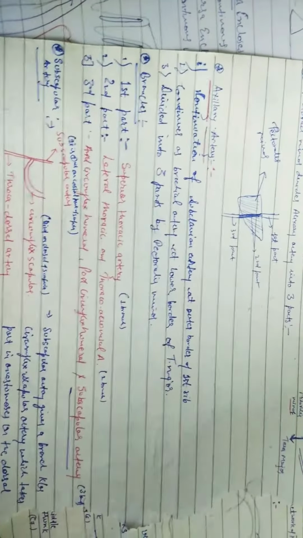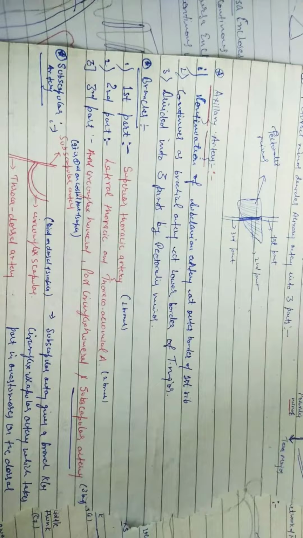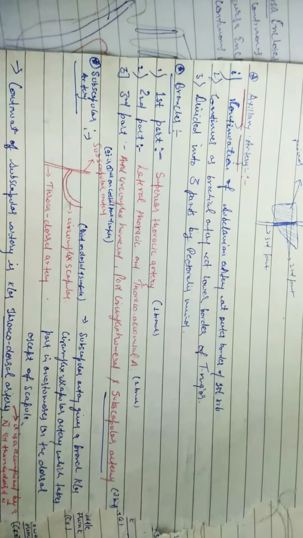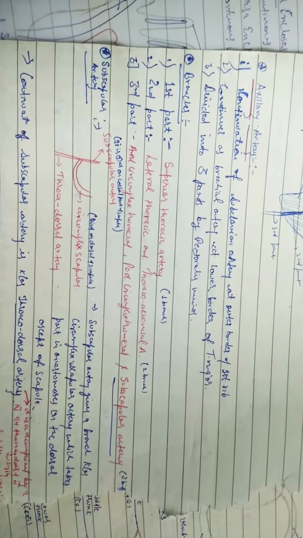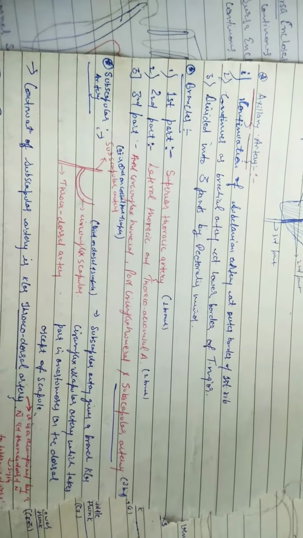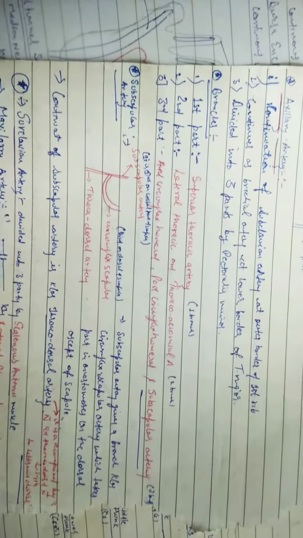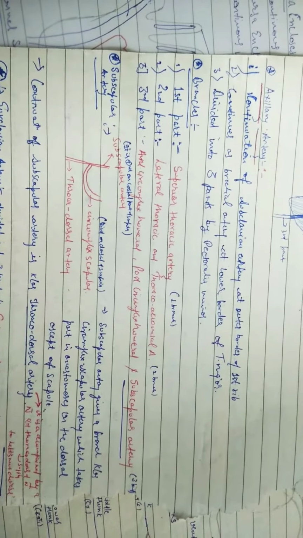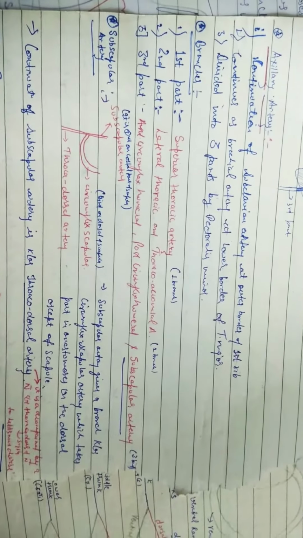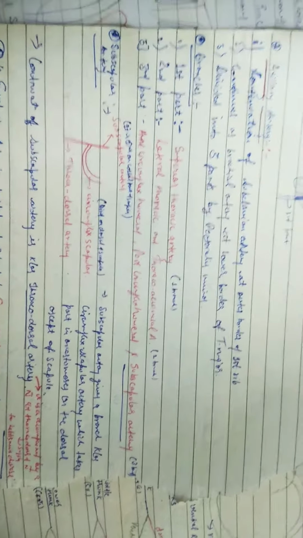Now from the third part it gives the subscapular artery. That subscapular artery again divides into two branches: the circumflex scapular artery, which takes part in anastomosis on the dorsal aspect of scapula, and after that the continuation of subscapular artery is known as thoracodorsal artery. It is also accompanied by a nerve called thoracodorsal nerve, which supplies latissimus dorsi. So basically this is about axillary artery.